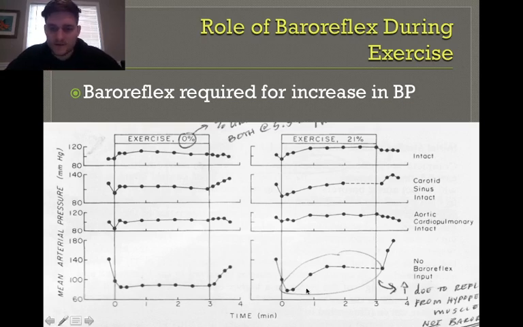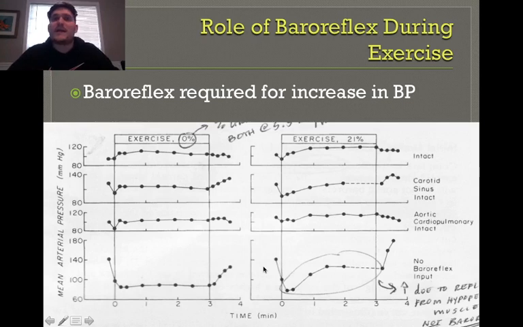But then you look at this graph here to the right during that high intensity activity and you're saying, well, this is still going up. We're still seeing a mean arterial pressure increasing even though there's no baroreflex intact. So what is going on here? And actually, what you're seeing is an insight of the regulation of pressure during exercise. See, it's not just the baroreceptors that play a role in regulating blood pressure during physical activity. Our body's constantly monitoring a lot of our internal environment, right? And part of this is that when we start to increase the intensity of physical activity, there are a lot